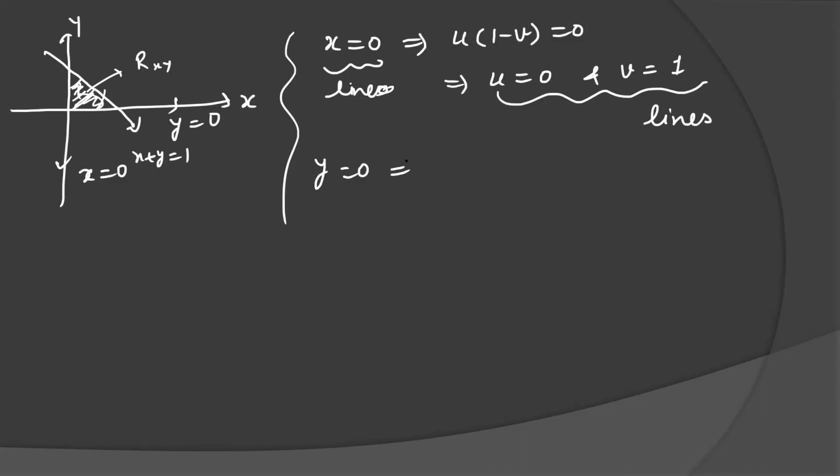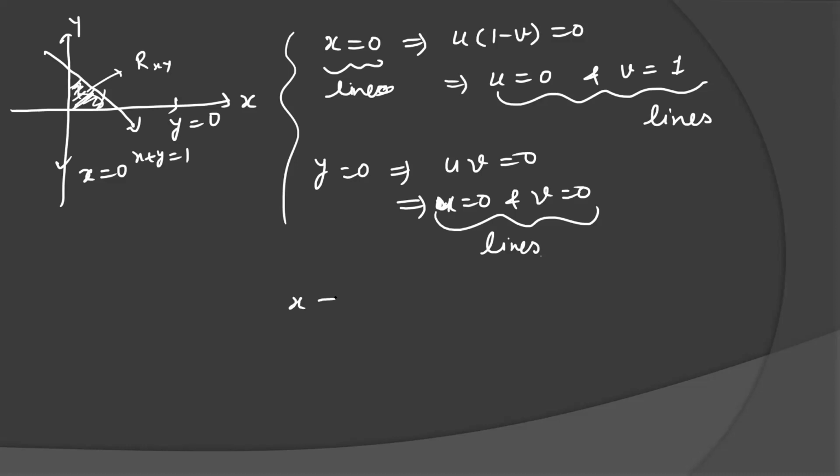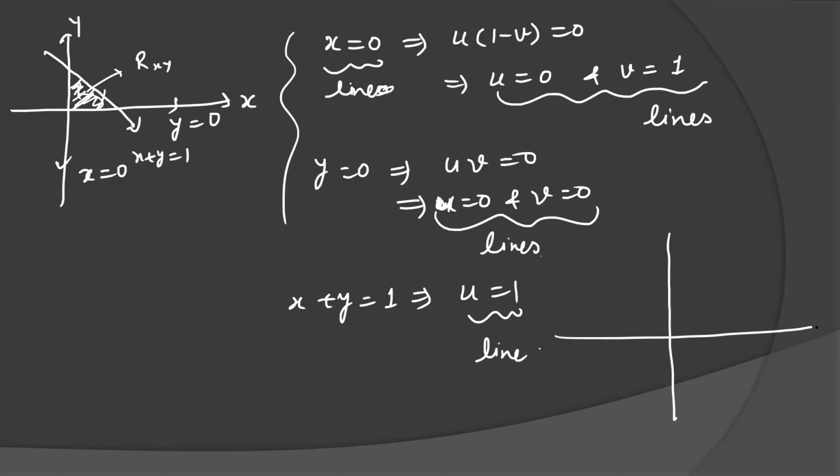Then y equal to 0 implies uv equal to 0, which implies u equal to 0 and v equal to 0. Take both the cases, u equal to 0 and v equal to 0. So these are two lines here. And then x plus y equal to 1. What is your x plus y? That is, I think, u. So u equal to 1. This is the next line. So you are getting four lines here: u equal to 0, v equal to 0, u equal to 1, v equal to 1. So if you see the geometry in the uv plane,